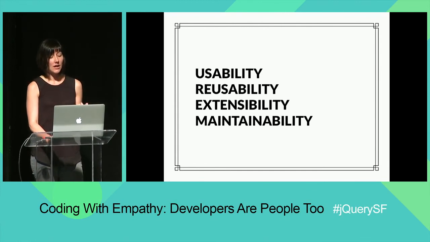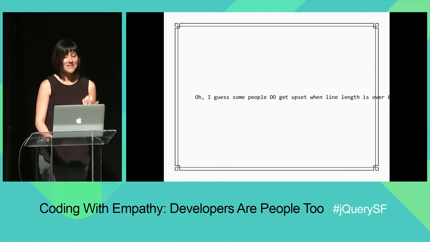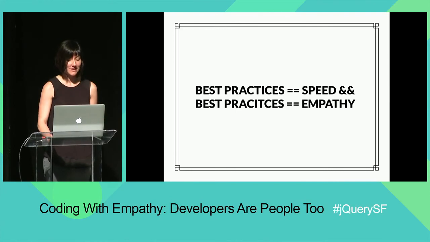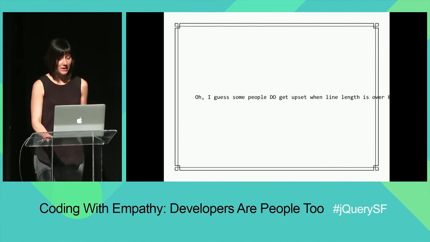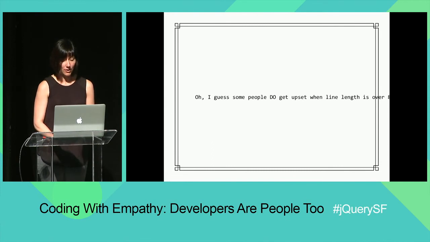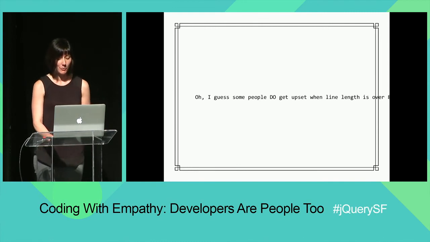Prior to thinking about this talk, I haven't even really considered it. And to be honest, my first thought was, oh, well, I guess some people do get upset when lines are longer than 80 characters. And this is a very narrow thought, and it was because the best practices that have been presented to me were usually in the context of the development speed of a project. We have ways of measuring development speed and a project's overall velocity, but we don't have any good measures for the quality of code that we're working in or the level of empathy that it has. This can make our other metrics seem pretty cold and anything but empathetic.